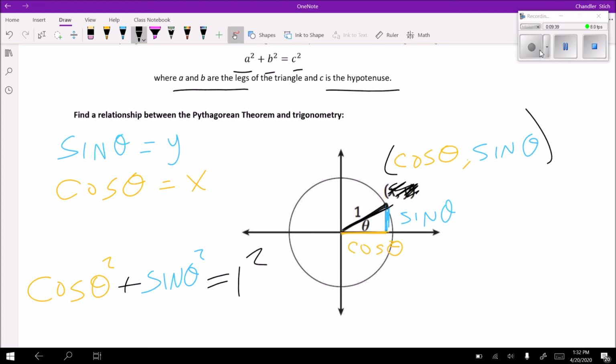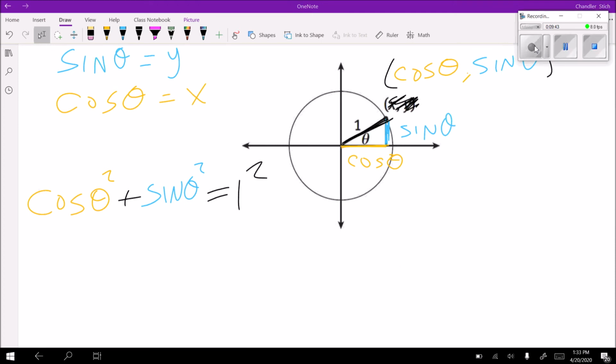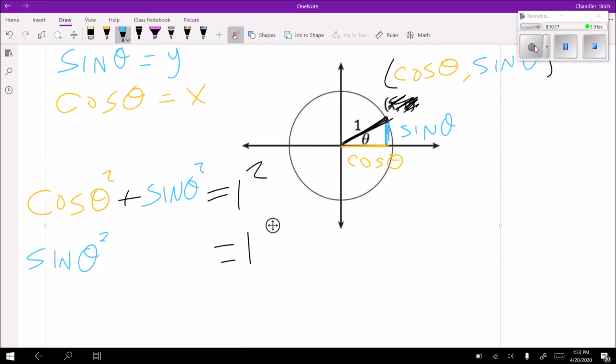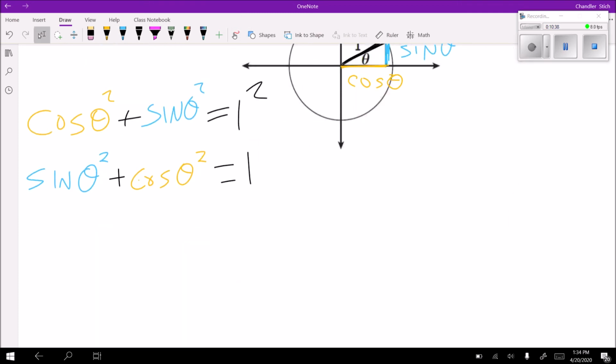Let's do a little bit of cleaning up. Cosine squared plus sine squared is equal to 1 squared. First of all, 1 squared is just 1. We also don't typically write it like cosine squared plus sine squared. What you're more likely to see, and what mathematicians typically will say, is sine squared plus cosine squared. Sine theta squared plus cosine theta squared. This is more likely, and even more likely than that, it's not mathematically accurate to say sine of theta squared,